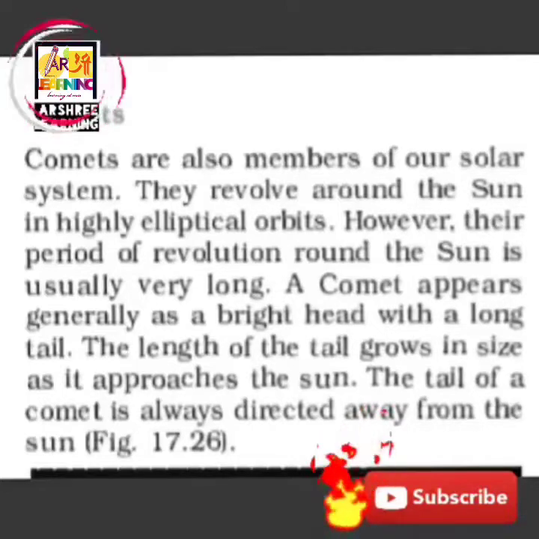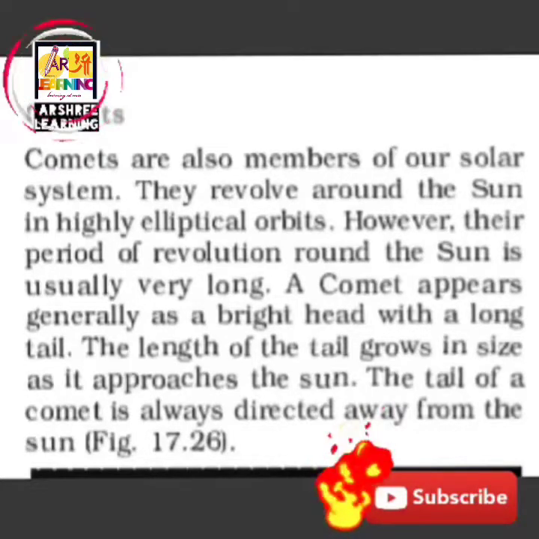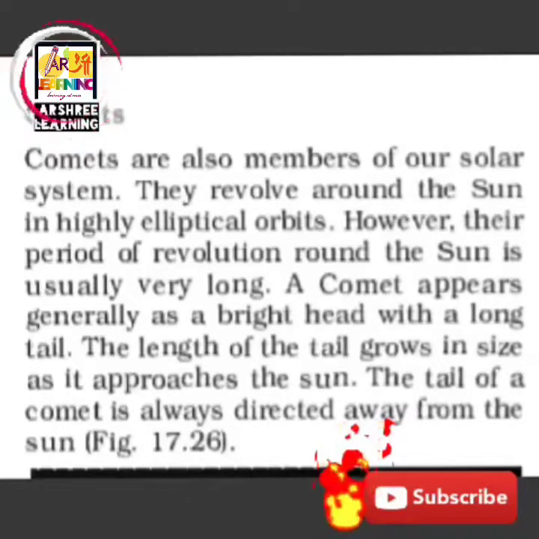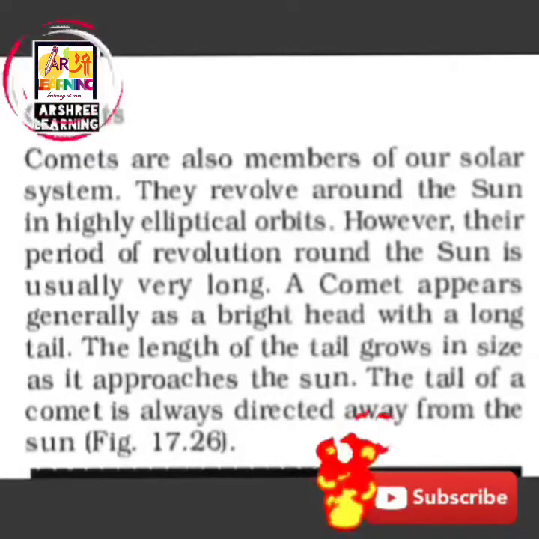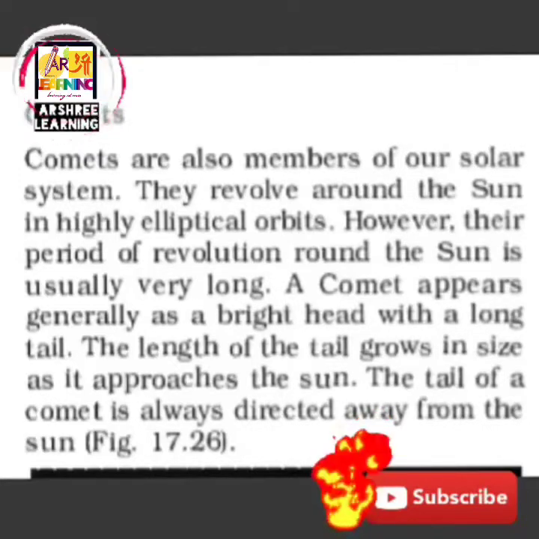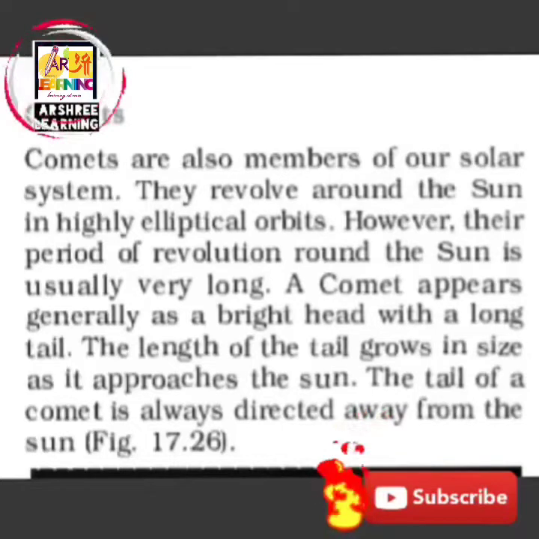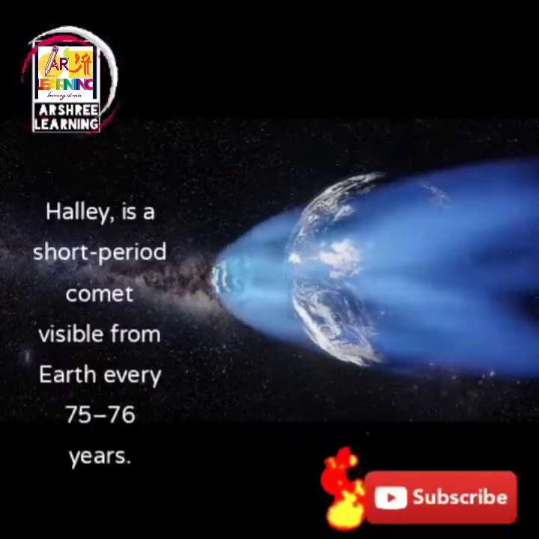So a comet, which appears generally as a bright head with a long tail, moves around the Sun in a very big orbit. So they take a long time to take one round of the Sun. The length of the tail of the comet grows in size when it approaches the Sun. The tail of the comet is always directed away from the